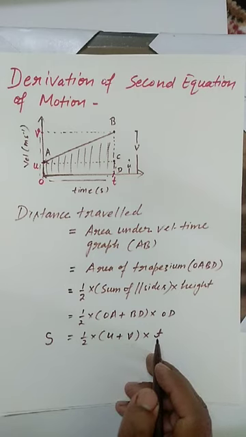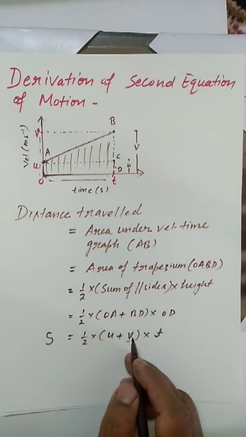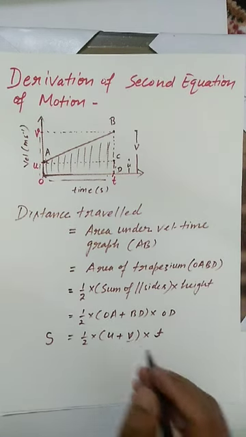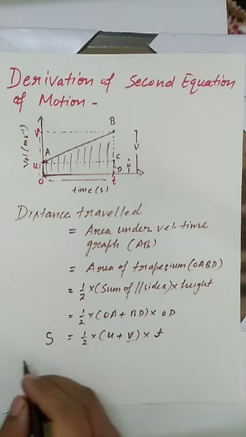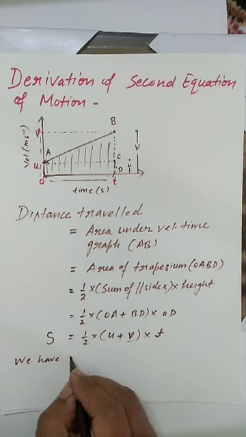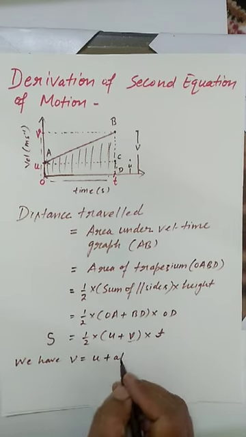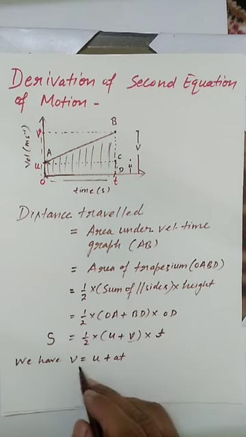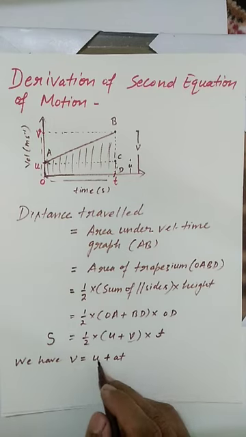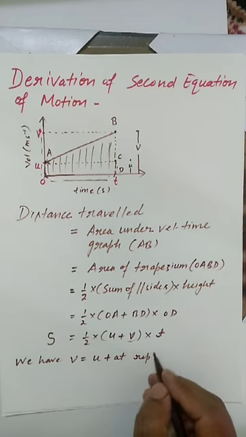Okay guys, in the second equation of motion, we cannot have v, so we have to replace this value. Now we know from the first equation of motion, v is equal to u plus at. So we will replace the value of v, that is u plus at. So replacing this,